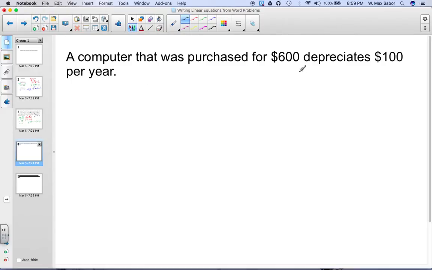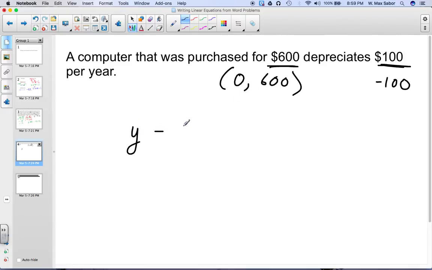A computer that was purchased for $600 depreciates $100 per year. So this is a point. At time 0, it costs $600. And here our rate, depreciating $100 per year, is minus 100 per 1. So 100, negative 100. So this being a y-intercept, it's going to look like y minus 600 equals negative 100